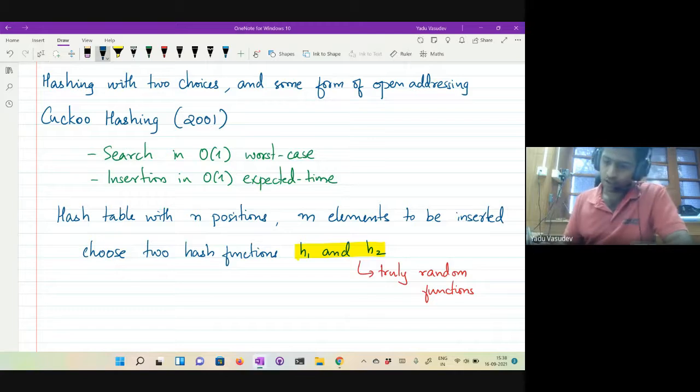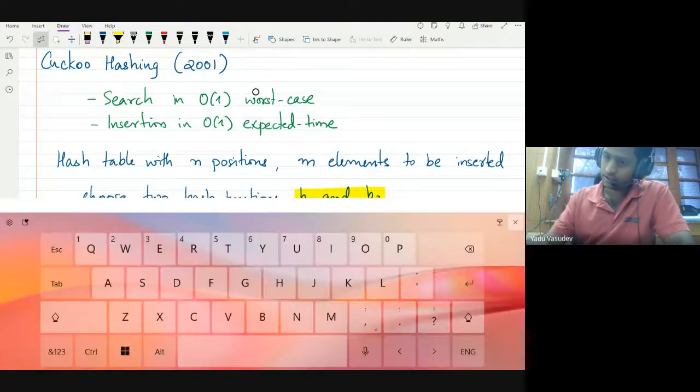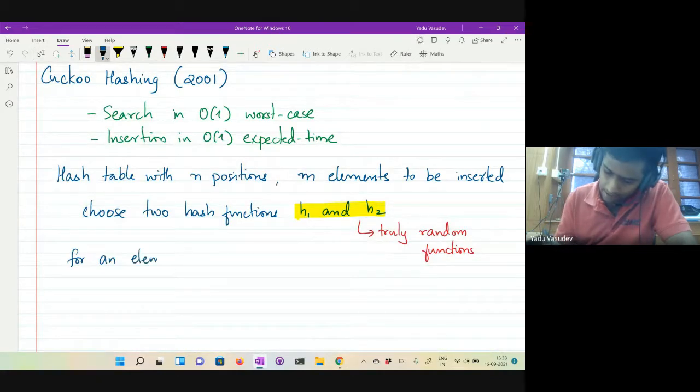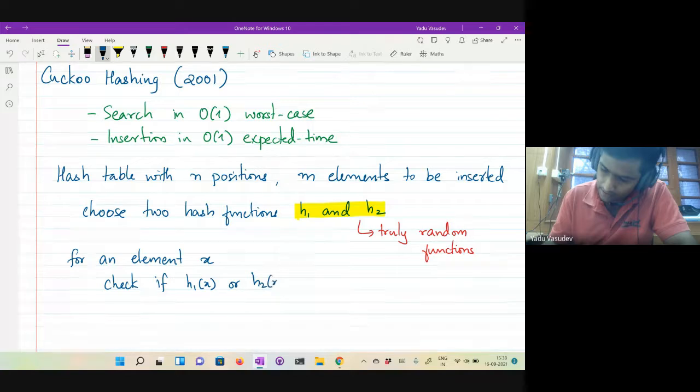And now your insertion is as follows. For an element x, you check if T of h1(x) or T of h2(x) is empty.